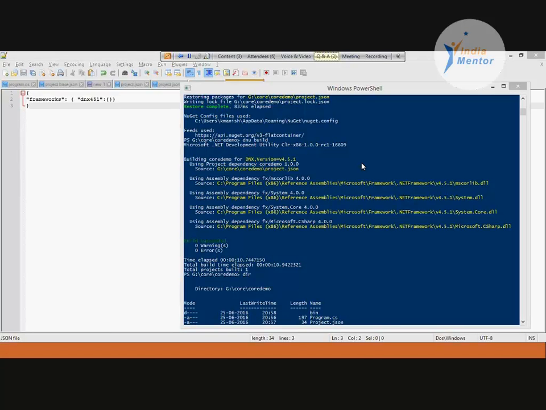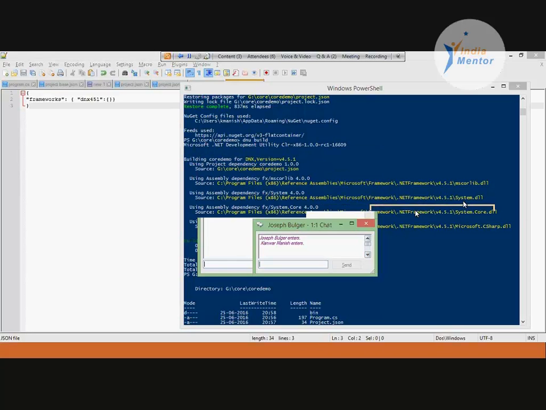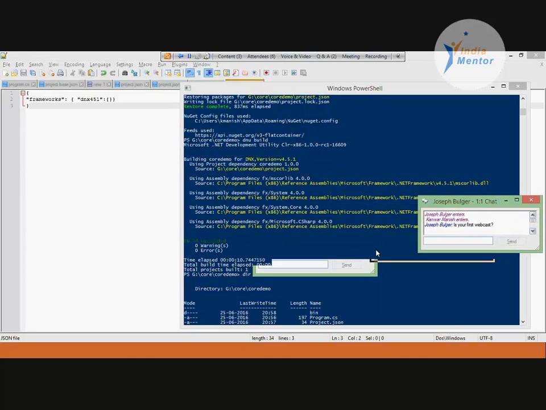Just imagine, even if we take a 50-50 ratio and you had only your product targeted for the Windows platform, you now have a chance to market your product to the remaining 50% of the market, which will be great from a CTO's perspective.